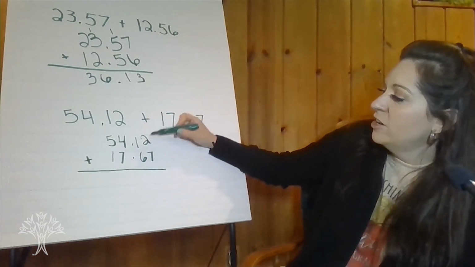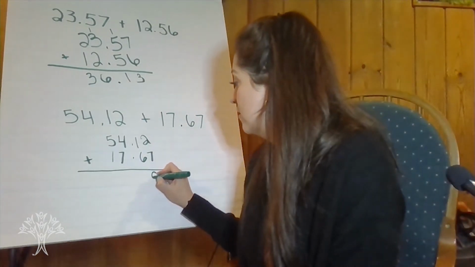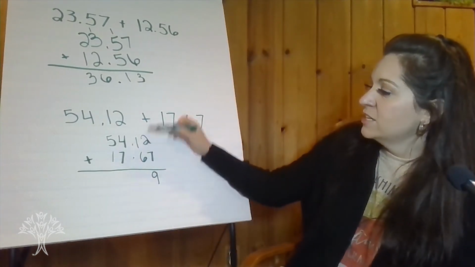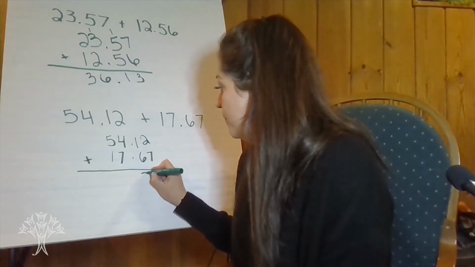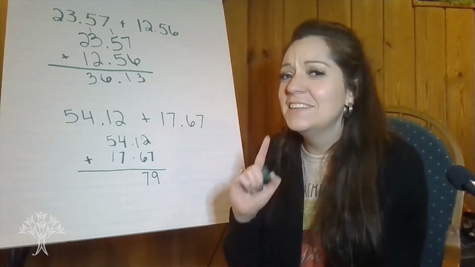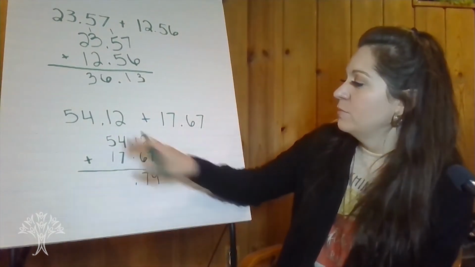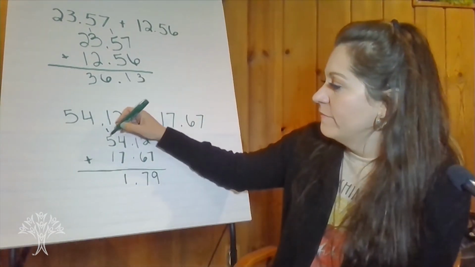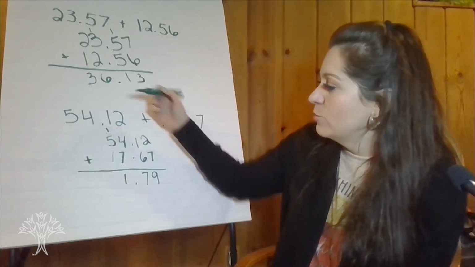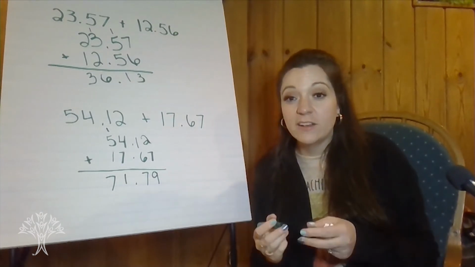So I have 7 hundredths plus 2 hundredths, 9 hundredths, 6 tenths plus 1 tenth, 7 tenths. Ooh, tenths. Tenths. 7 plus 4 is 11. And 5 plus 1 plus 1 is 7. 71 and 79